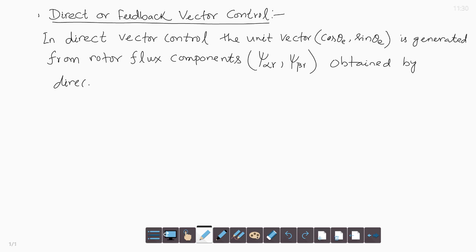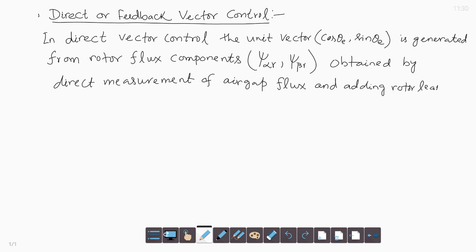So, rotor flux components obtained from direct measurement of air gap flux and adding rotor leakage flux to it, or by estimating rotor flux components